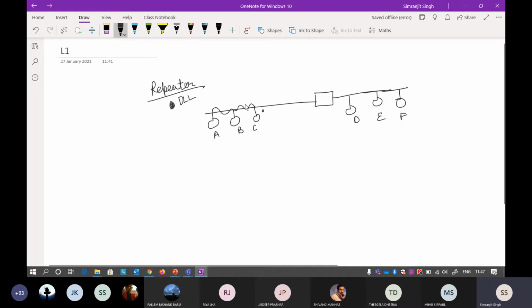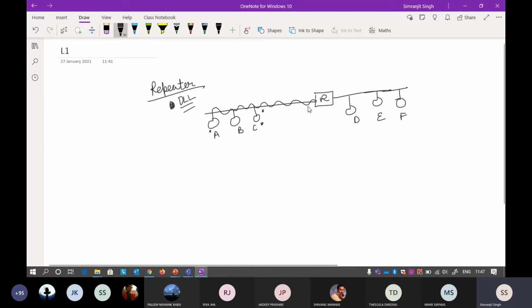When the frame reaches C, it will look at the destination station and find that it is meant for me, then look at the source station, and then read the contents of the message. That is fine. If A wants to send a message to B, it will use the same thing I have already told you in DLL. Because this message has to go through all the stations, it will go further and reach the repeater.